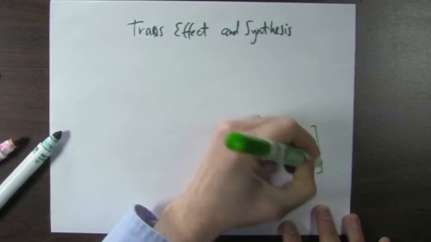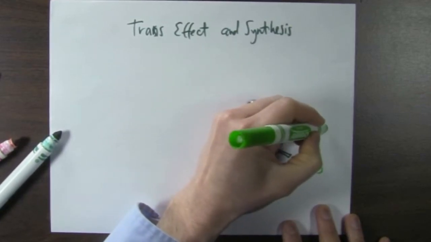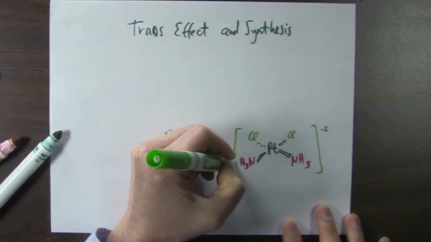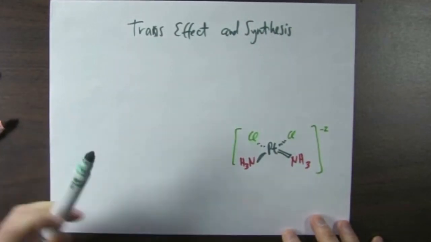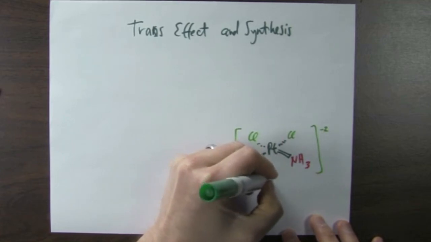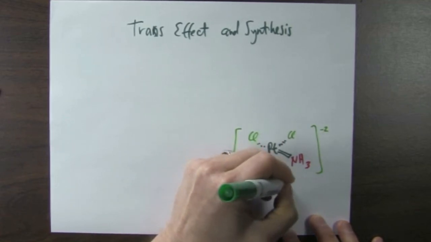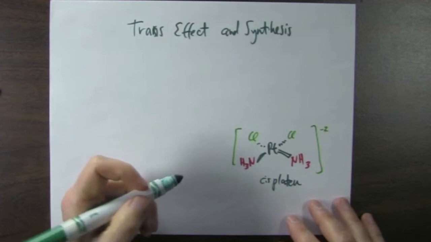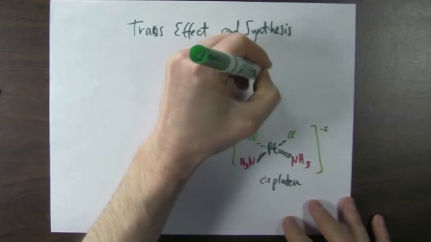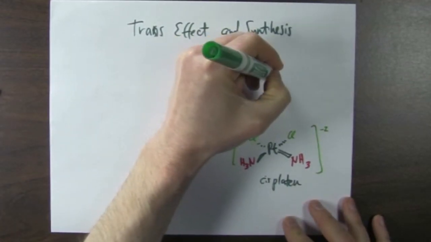The overall complex must be neutral; it's a platinum +2 complex, and this is called cisplatin. This is a powerful anti-cancer drug, and so this would be a useful product to synthesize. On the other hand, we could make the trans complex